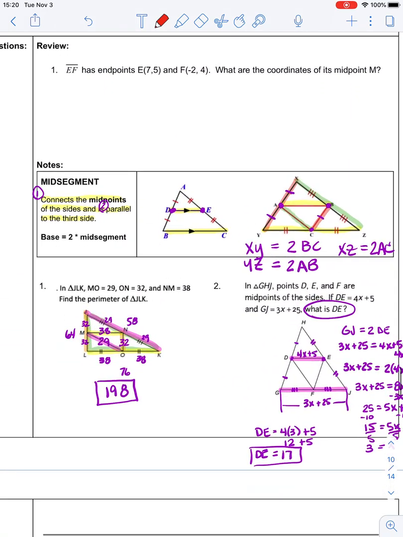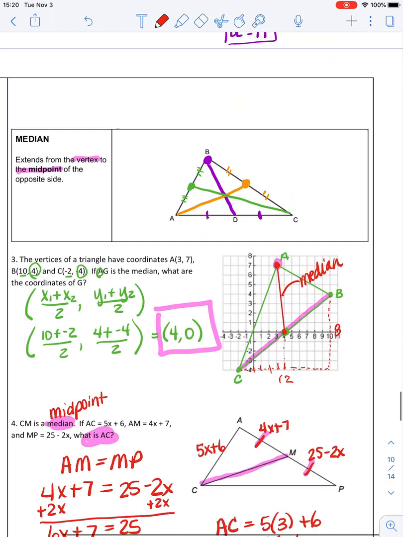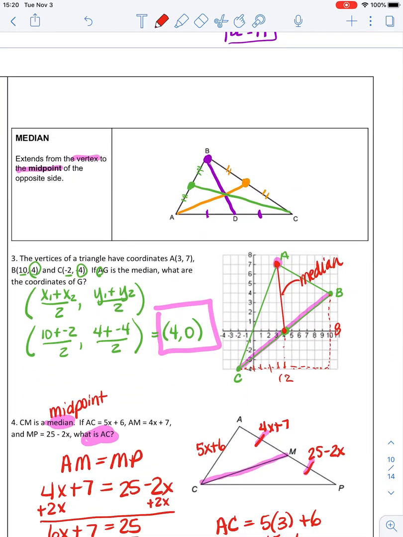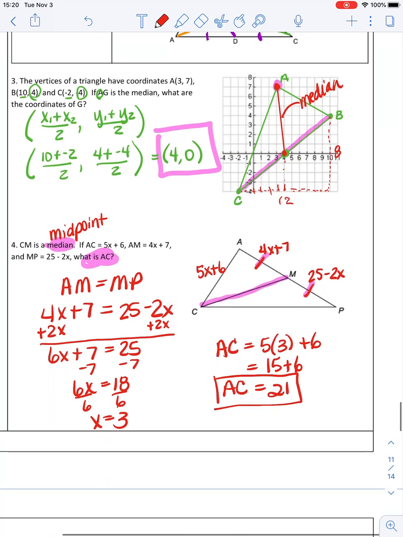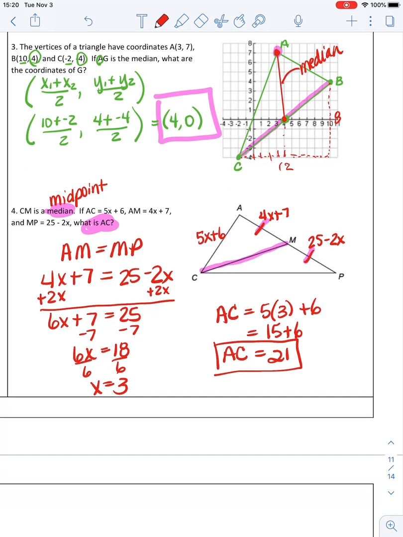So the important parts today are, you need to remember what a midpoint is. You need to remember that the mid-segment goes from midpoint to midpoint. The median goes from the vertex to the midpoint of the opposite side. But the midpoint is the point that cuts the segment into two